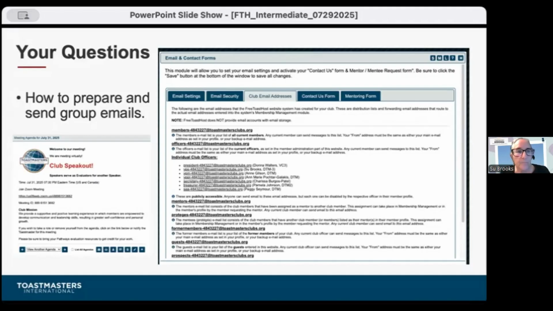Okay. You could email individual club officers. I've seen this used quite successfully. When people want to put the VPPR or the VPM on the front of the website or on other social media pages. They don't want to put Edith Ornstein at IEEE.org or whatever your exact email is, but they want to put, say, VPPR at.